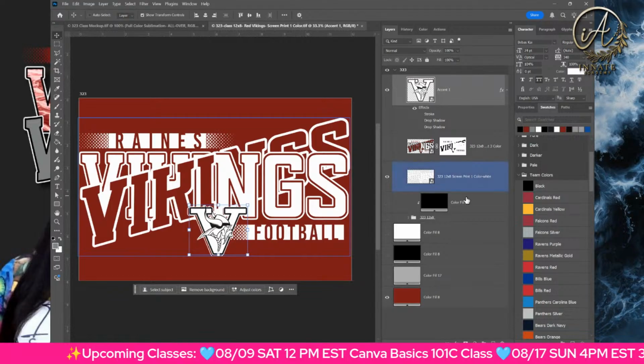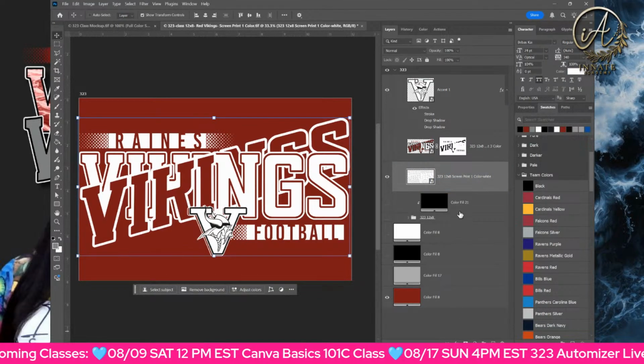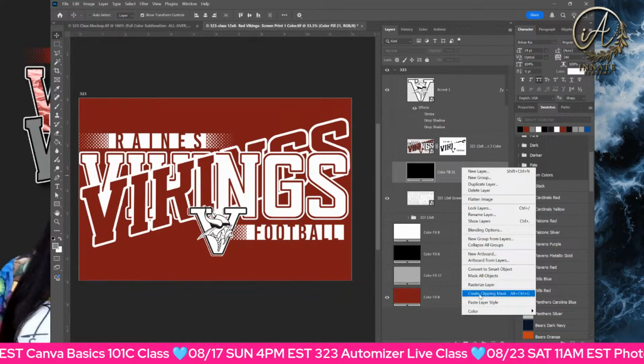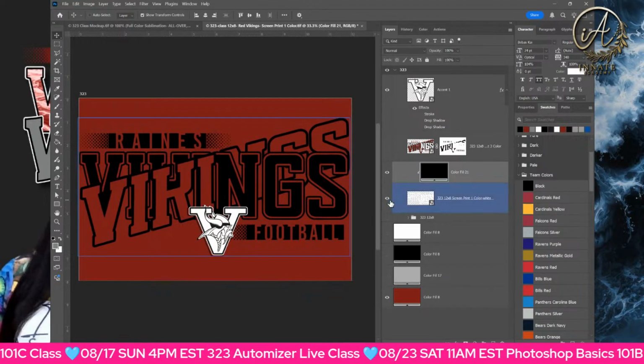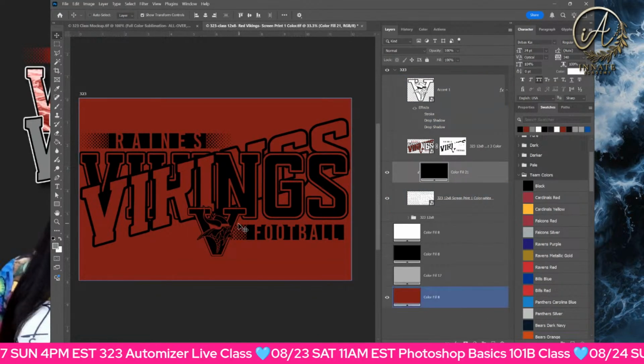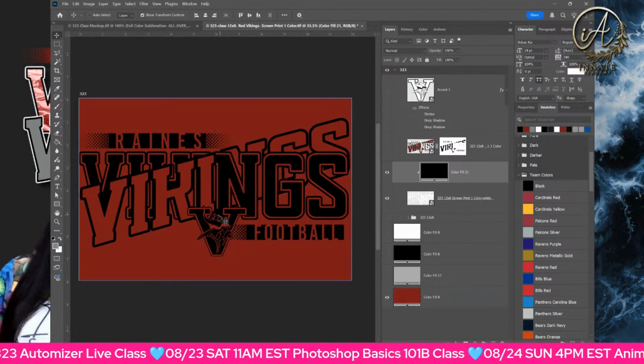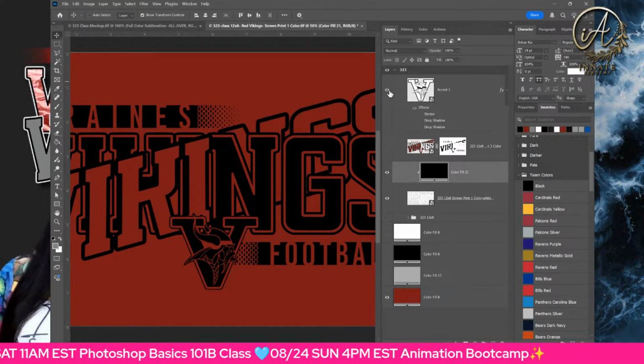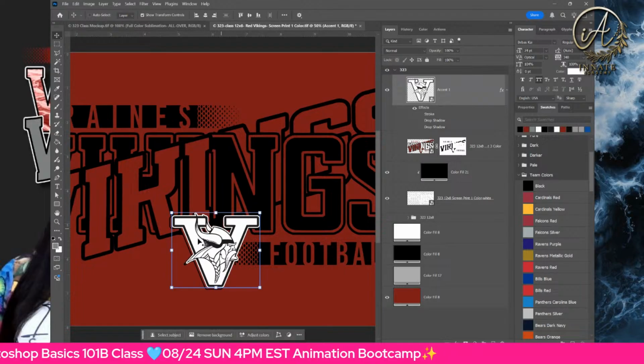All right, so if I do my one color white and I want to show you what that looks like all black, create that clipping mask there, turn it on, turn this off for a second. So see what I was talking about? This image right here just looks inverted. It looks really weird. So I would work on taking this and